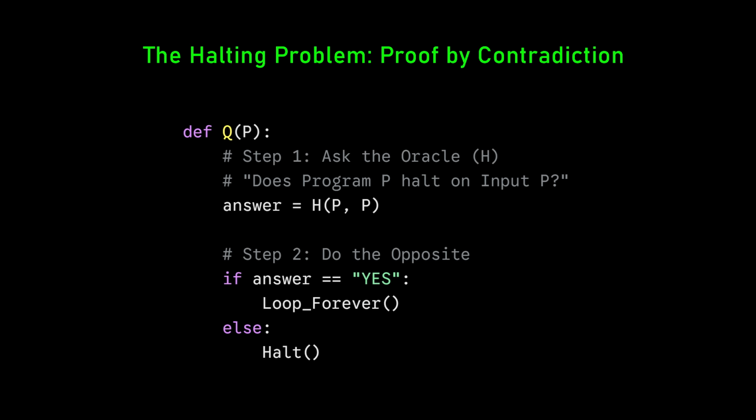So I'm describing program Q. Program Q takes as input P, which is itself a program. The first thing it does is ask the halting subroutine, would P halt on P? And if the answer comes back from the subroutine, yes, that would halt, then what I do in program Q is immediately jump into an infinite loop. So I don't halt. If P halts on P, I don't halt. But if the answer came back, no, P is never going to halt on P, then I halt immediately.